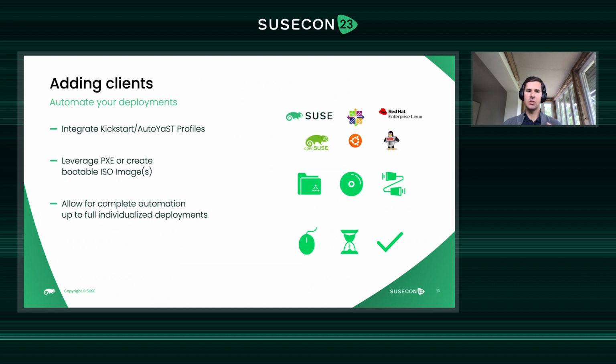So first of all, SUSE Manager does have PXE boot, so it's capable of doing PXE booting. You can also upload your ISO images of the different Linux distributions. Those ISO images are stored at SUMA, and SUSE Manager then provides the ISO to the client and installs the client. In terms of how you install the OS, we have two ways how we can automate it, which is integration with Kickstart for Red Hat and some other distributions, or you can use AutoYaST profiles for SUSE